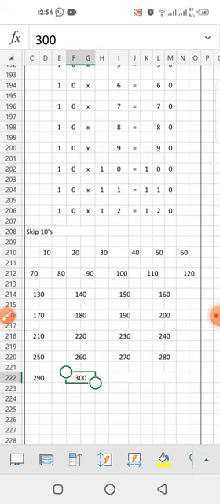Alright, now skip counting of 4: 4, 8, 12, 16, 20, 24, 28, 32, 36, 40. 5: 5, 10, 15, 20, 25, 30, 35, 40, 45, 50. 10: 10, 20, 30, 40, 50, 60, 70, 80, 90, 100. Alright, this is the way to memorize tables, and the easiest way to do that is, inshallah ta'ala, you'll have a sound grasp on the tables and you will memorize them inshallah soon.